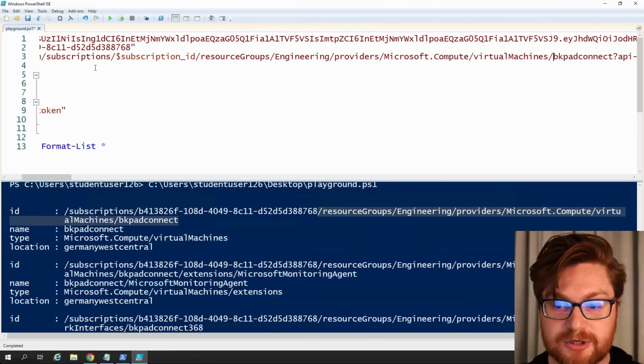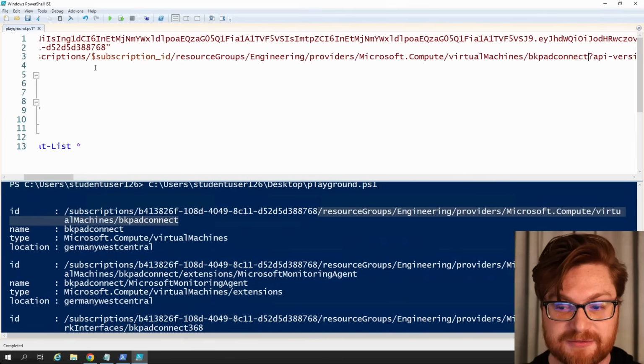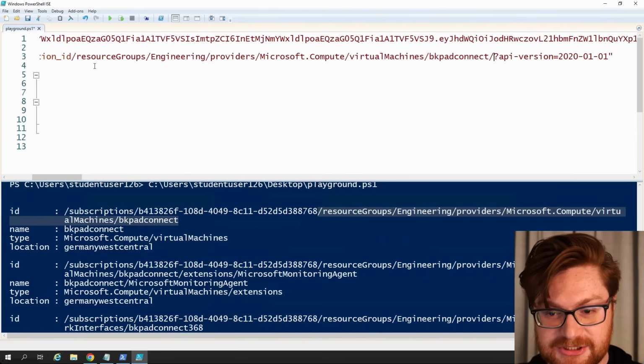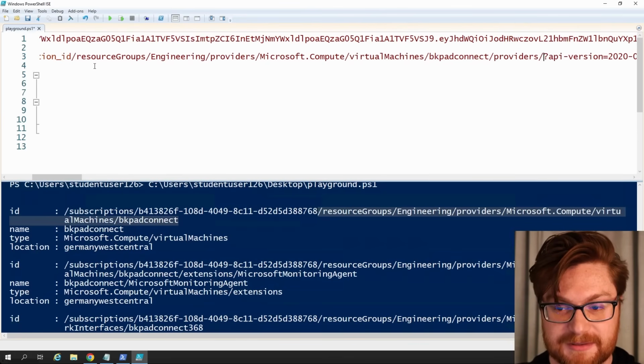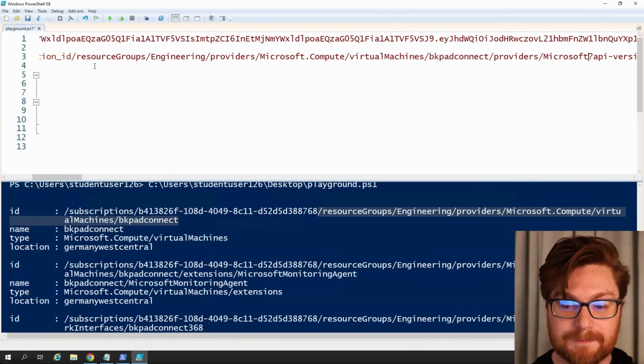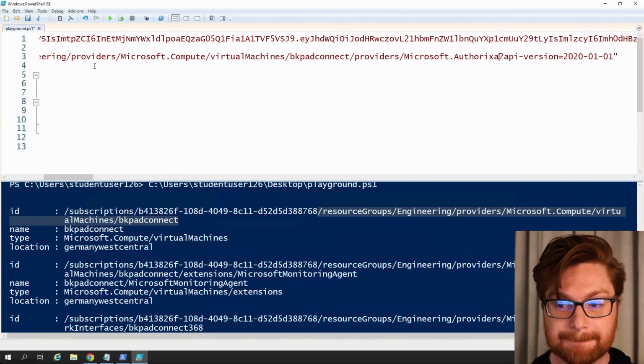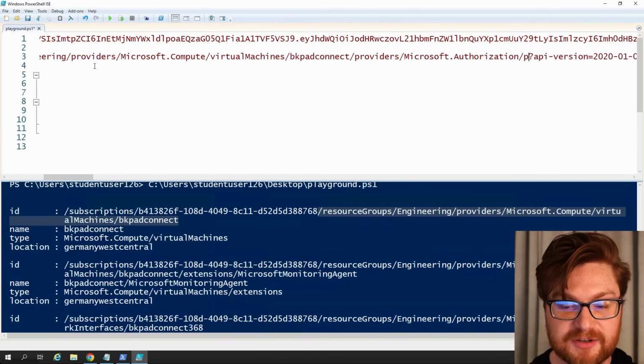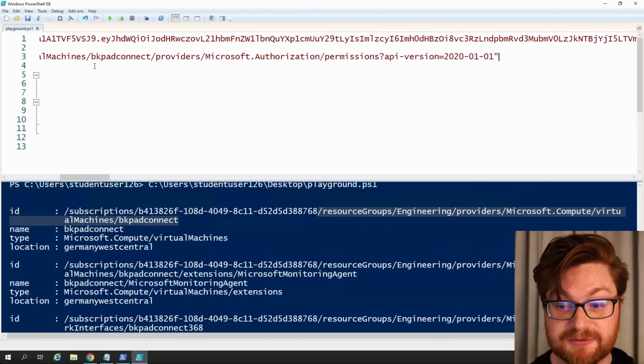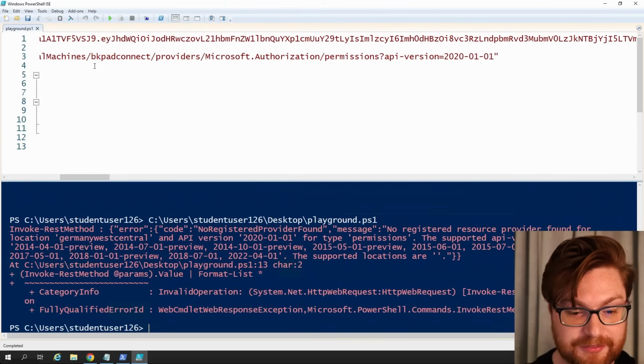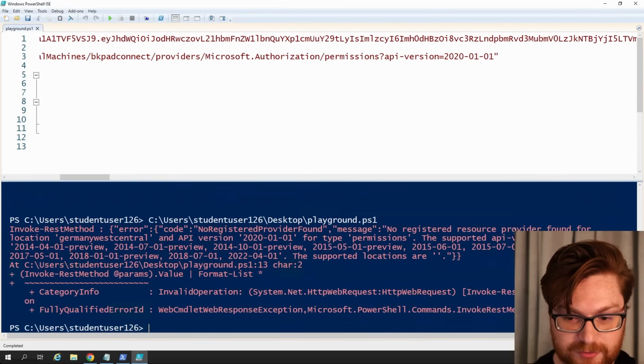But if I were to go to those virtual machines, and then specify, look, I actually want some other providers in the mix, and I want to ask what my authorization permissions are. So Microsoft.authorization/permissions. Now, fingers crossed, if I hit F5 to run this, oh, okay, error message, no registered resource found